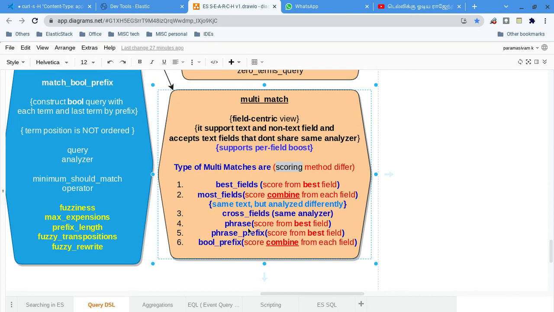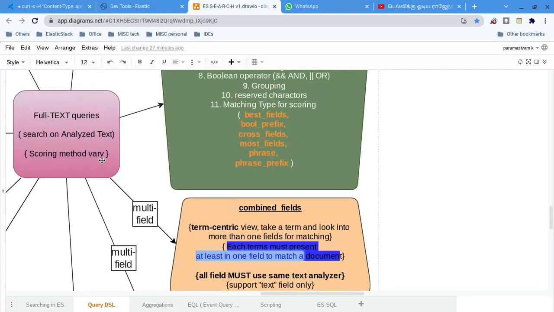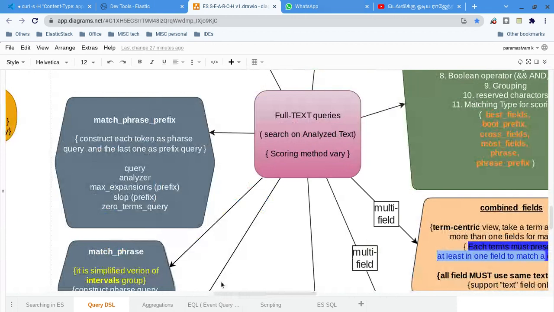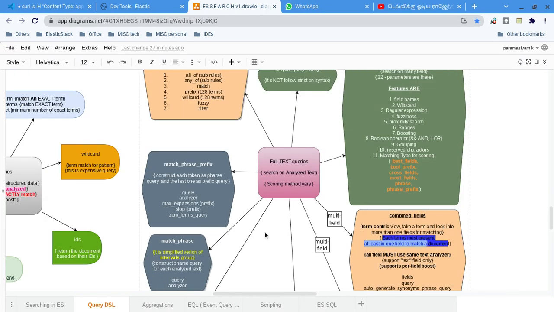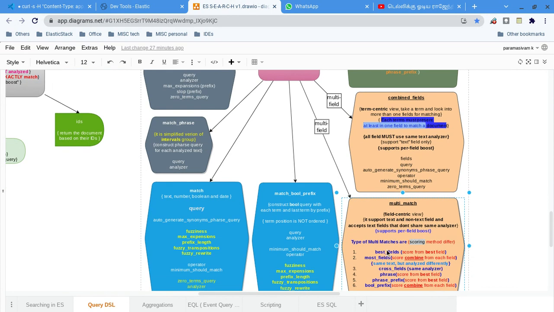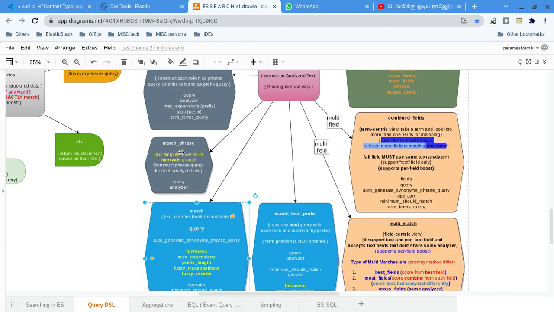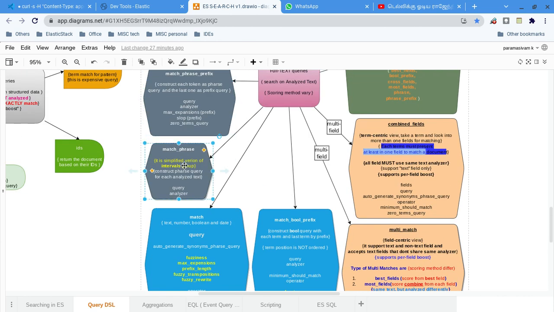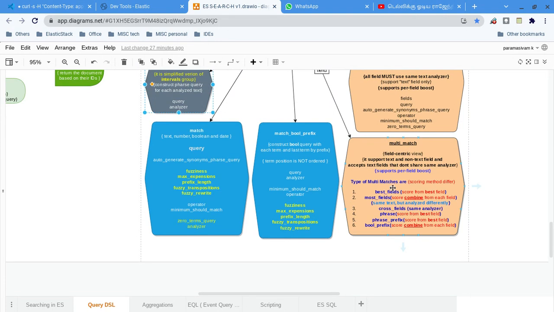I will show the demo, and by showing the demo you can understand. Here we will use the match query, here we will use the match phrase query, and here we will use the match phrase prefix query. You can see it here. These match phrase prefix and match phrase queries are the two types used. For best field, the match query will be used. If it is phrase and phrase prefix, these two types of queries are used in turn. That's how it is different. But all these 3 are taking the best.